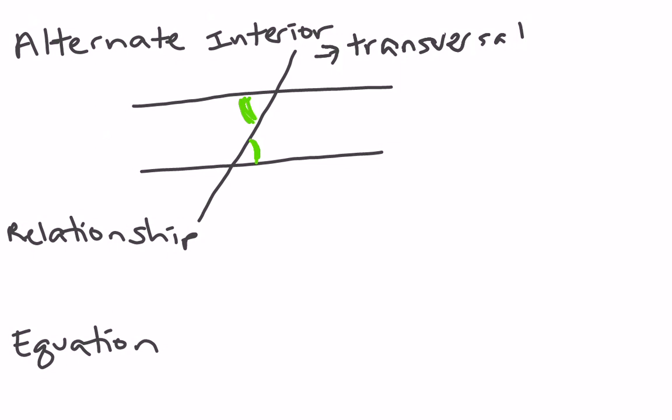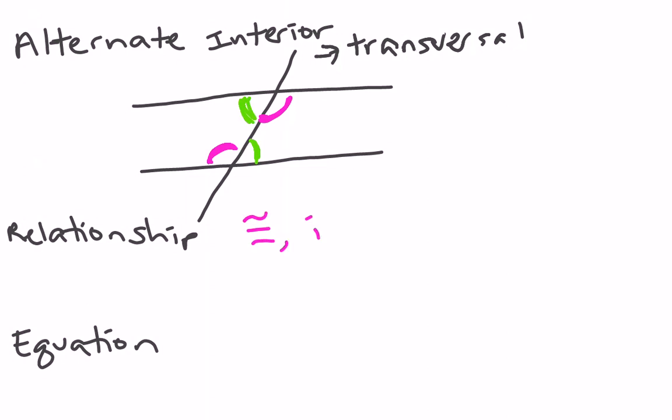Another example, which I'll do in a different color, would be these pink. If you like color coding, which I know a bunch of you do, then this is a great set of notes to get out your different colors and color code. So those same colors mean that they are going to be congruent. So those are my alternate interior angles, and you can just visually look at these to see that they are congruent. And we'll work on proving those in a couple days, but we're going to learn how to use them first. So these are congruent,